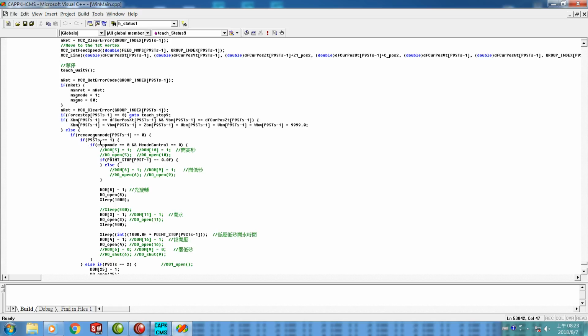If P9 station equal to 9, if equal to 9, the program will ask CAPP mode equal to 0 and M code control equal to 0. This is according the need of the program. According to the I/O table,